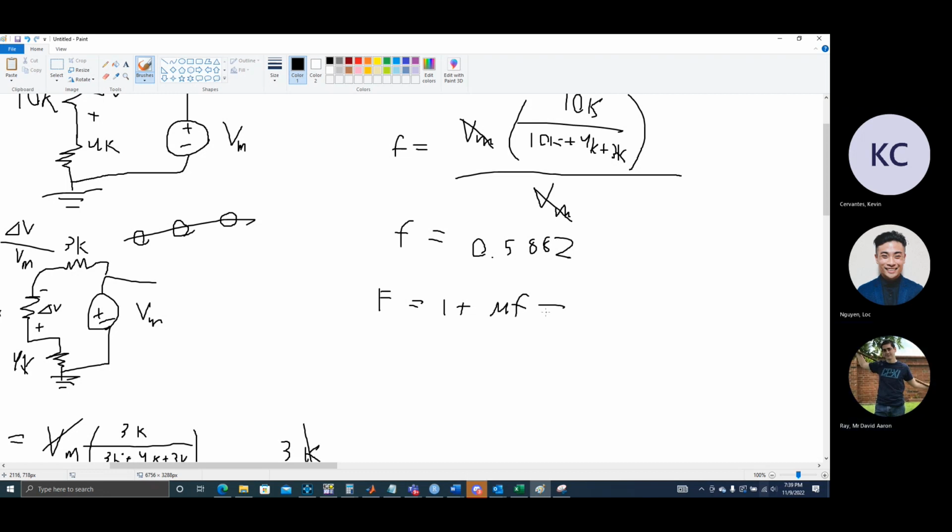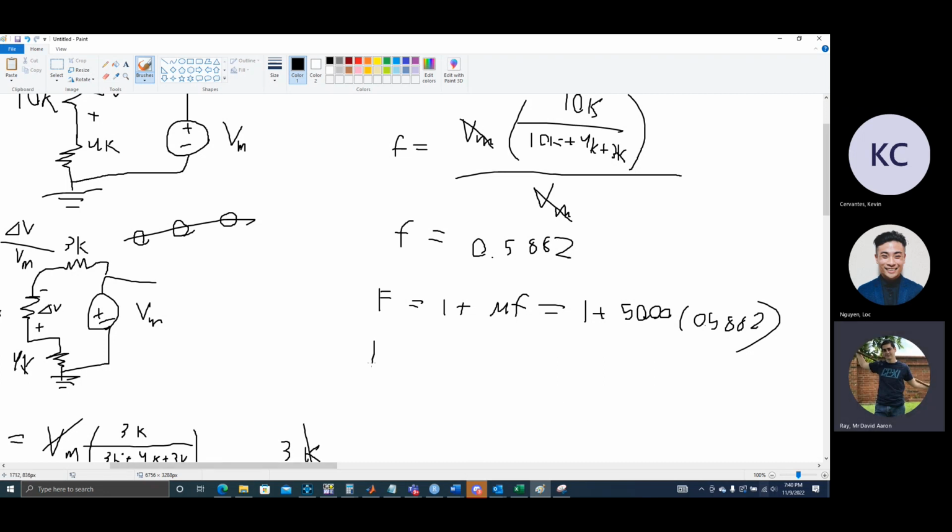F. And that's going to be 1 plus 5,000 times 0.5882. So when we multiply that out, times 5,000 plus 1, that's going to get 2942. So F equals